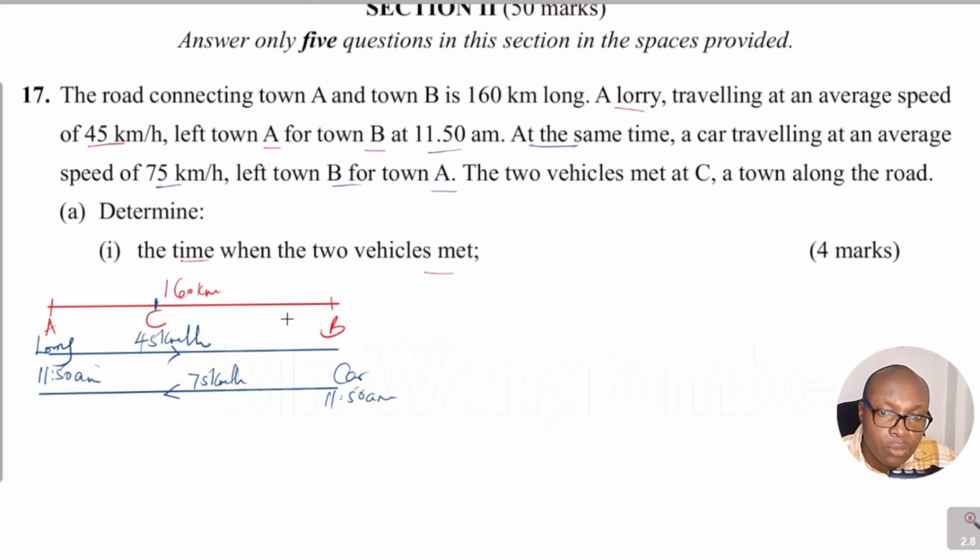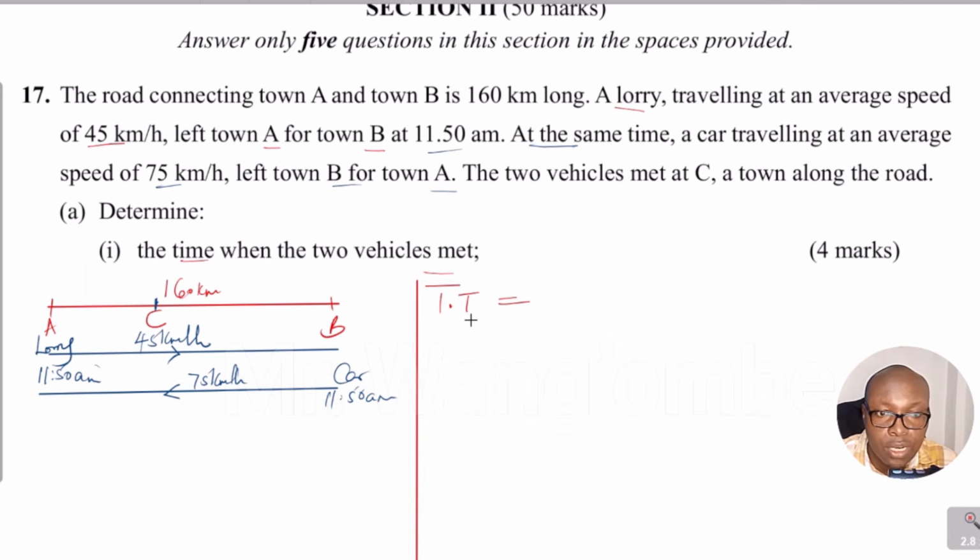Now, before you solve that question, you need to get the time taken for them to meet. How long did the two vehicles, the lorry and the car, take before meeting? That is what you're supposed to calculate. So time to meet is the first thing that you're supposed to calculate, and then that will help us get the time when the two vehicles met. So time taken to meet is given by, when you have two bodies moving